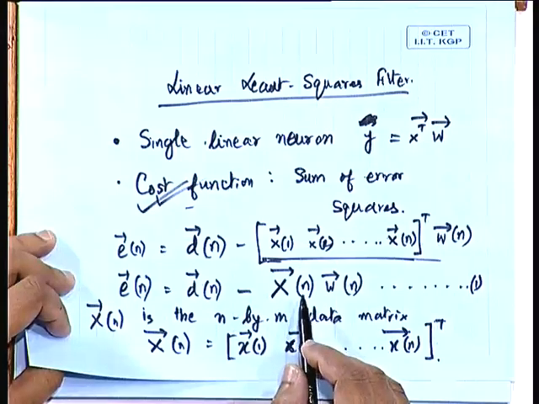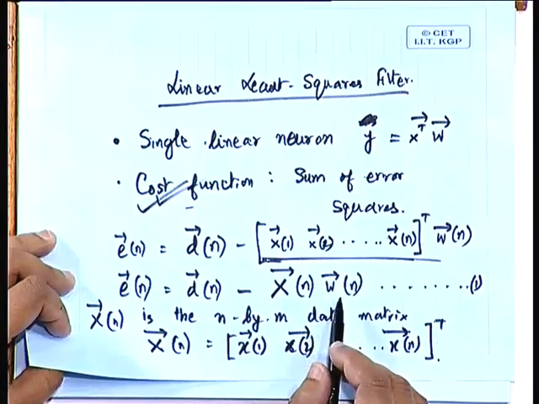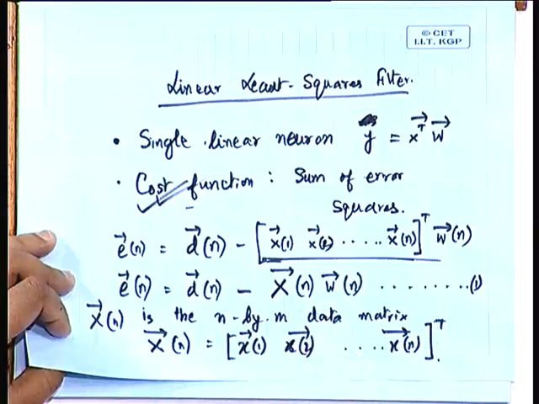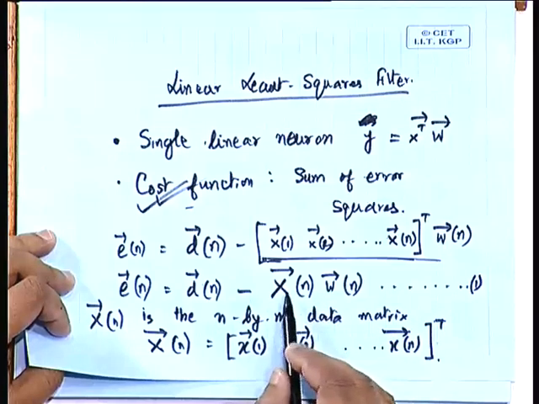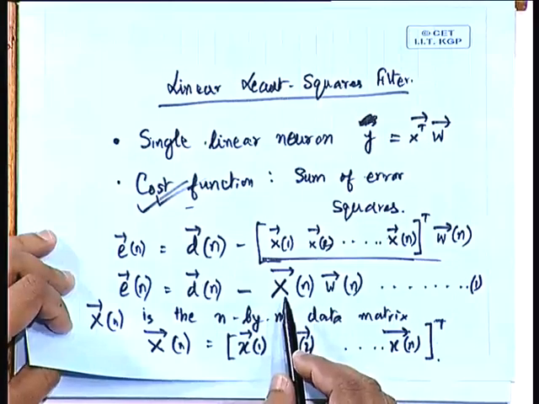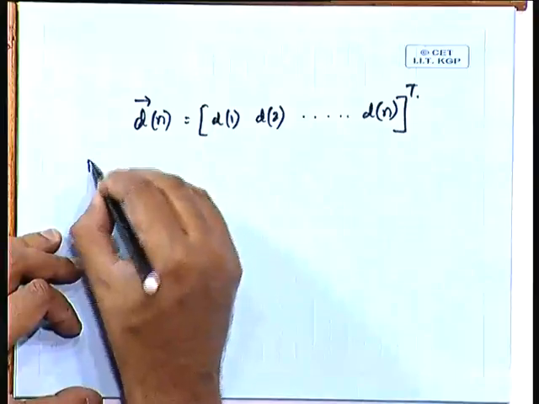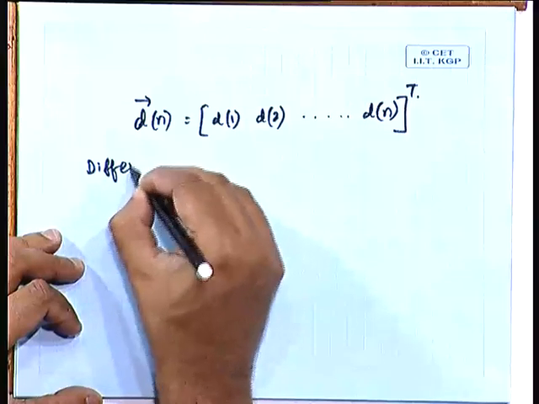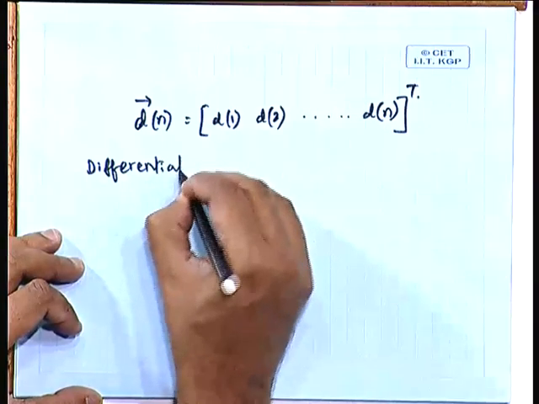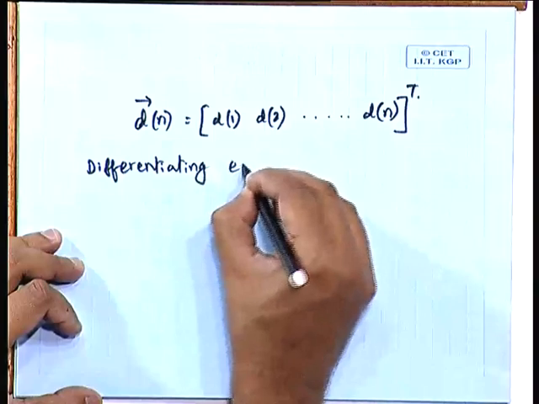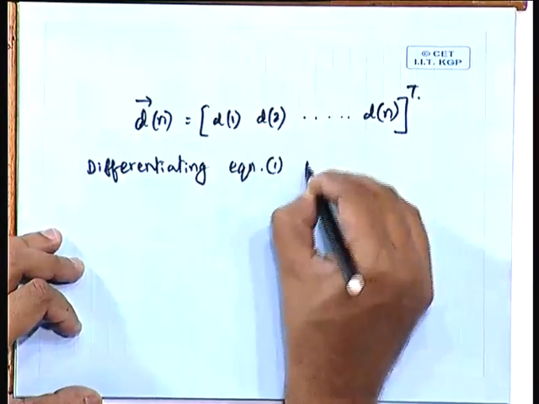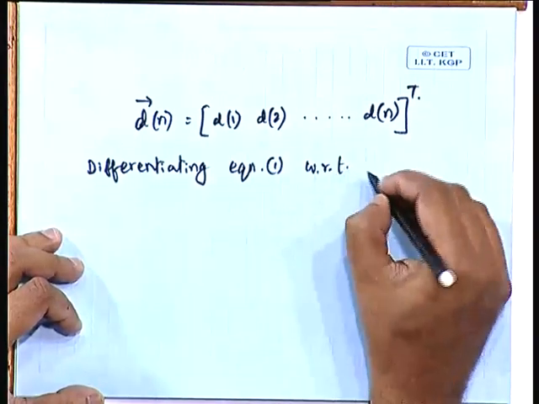I mean it is of the form x transpose w already. So x transpose, this transpose, is going to be, so x transpose itself will be this term. So that whenever you are ultimately deriving the solution, then it will be the transpose of this expression. So differentiating equation 1 with respect to the w vector